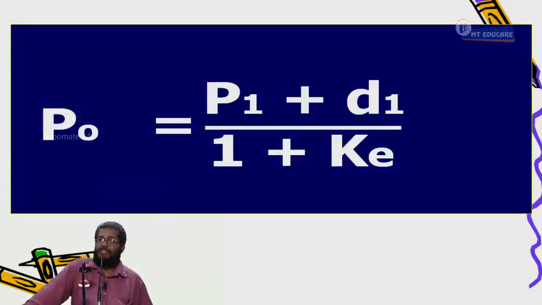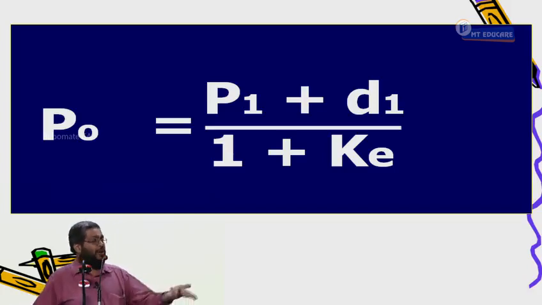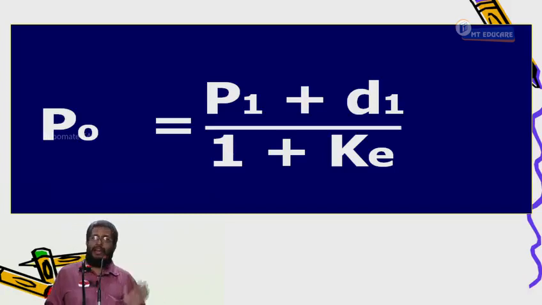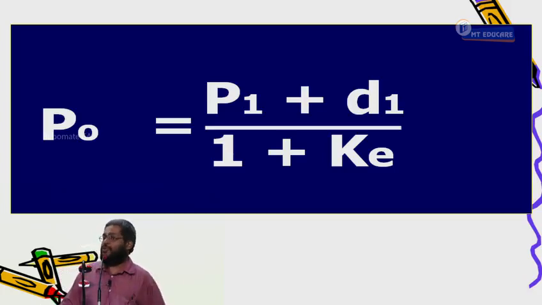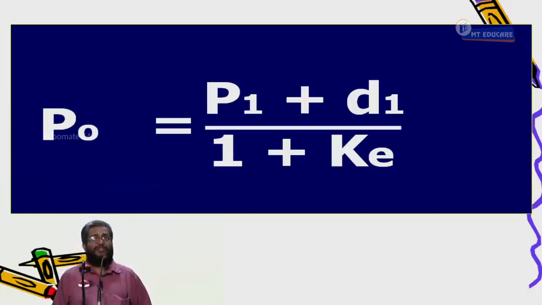Write down. P0 is equal to. You may all ask the question, sir, in this we assume I am going to hold the share only for 1 year. When you hold for 2 years, will the value change? No, we'll prove it. Now we may not be able to understand it. We'll prove that in the equity valuation chapter later that holding period will never affect the value of not only a share, any asset as the case may be in the world. That you can forget it. It is a single holding period I use to prove the entire theory. P0 is equal to P1 plus D1 divided by 1 plus KE.